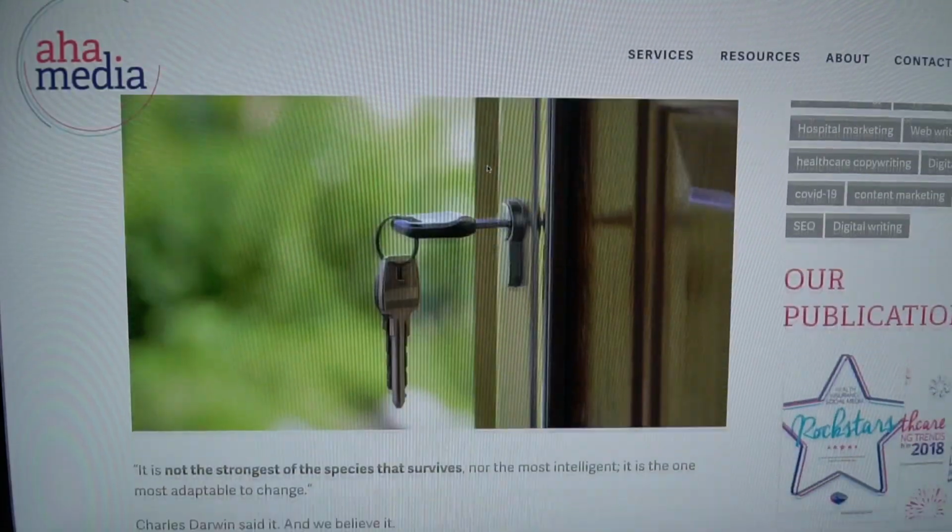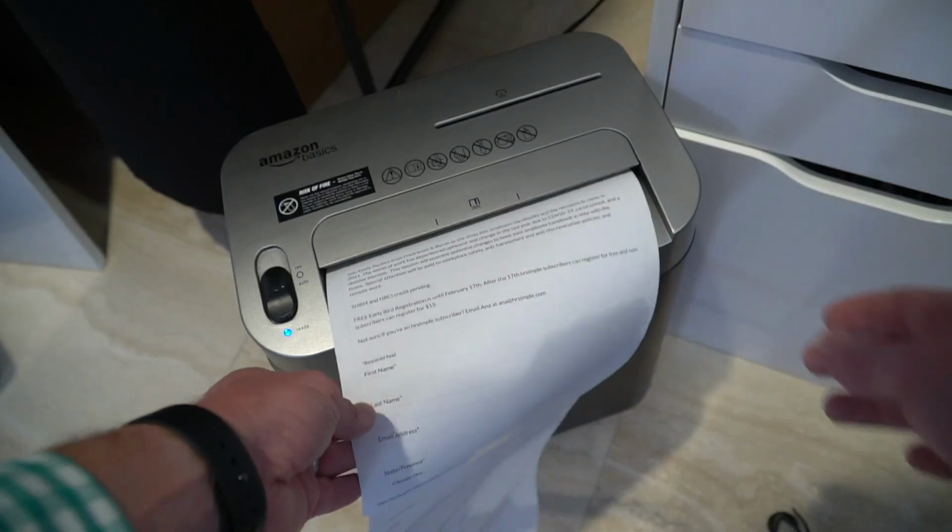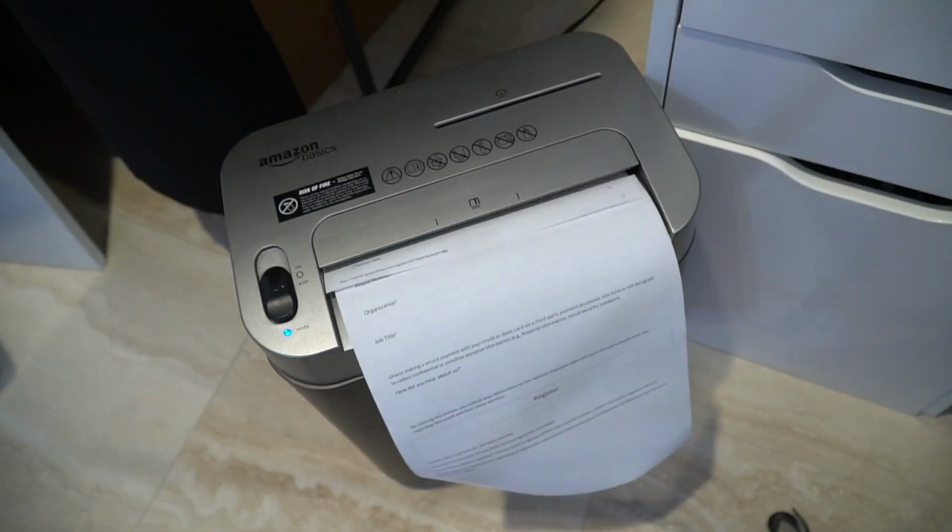Okay, so what did Ahava do? She removed all her forms. Boy, that ain't right. What? If you want to know exactly why she did it, she wrote a whole post about it on their blog, and I'll link to that below. But the bottom line is, Ahava wants to build trust with her audience fast and provide value immediately. So, tip number 4, ungate your content. Yep, remove the forms altogether.